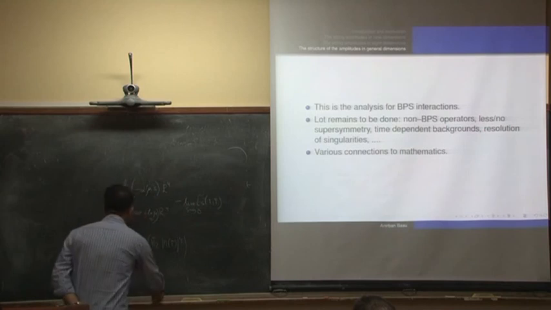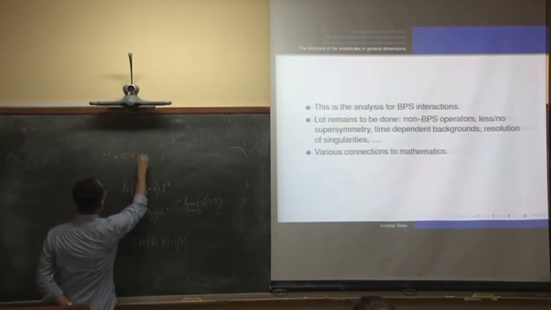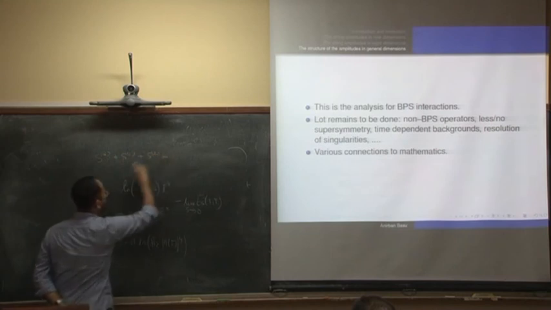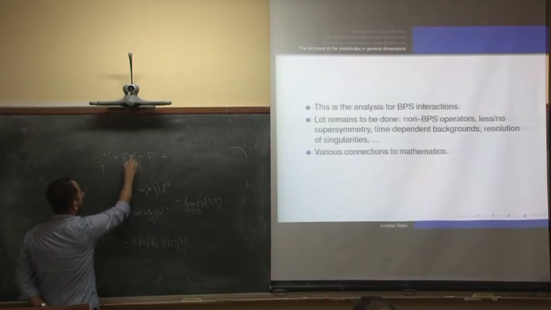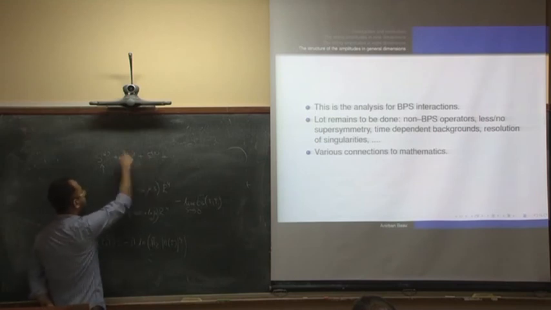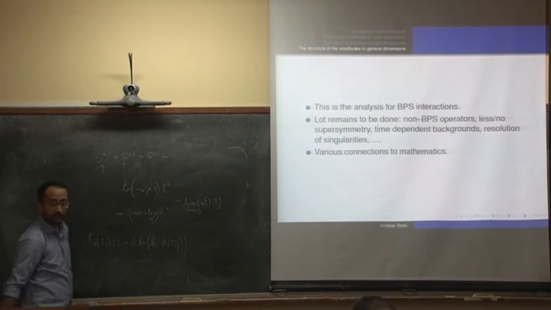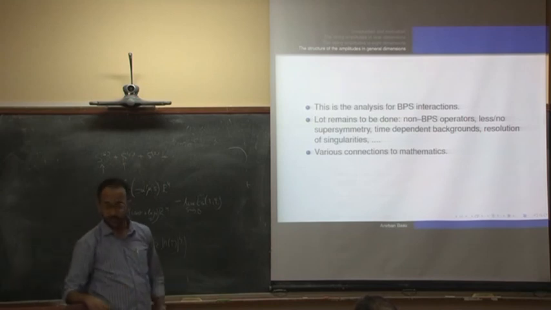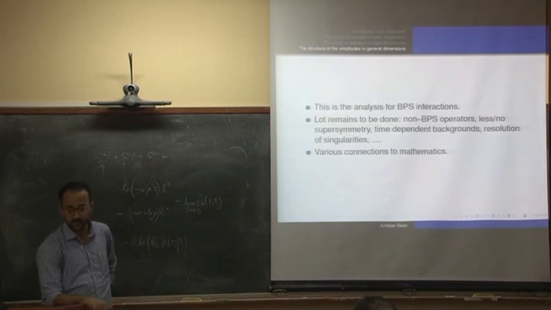So what happens is essentially, when you make an expansion of any action, you get something like S0, S1, S2. This is a derivative expansion. The details don't matter. So this is with 2 derivatives, this is a higher derivative. This one typically satisfies the Laplace equation. This one will satisfy the Poisson equation with the square of this one as the source term. So that is what they do. So you're saying they get a similar structure of equations. Yeah. Their analysis is of course using helicity, but the answer is exactly that.